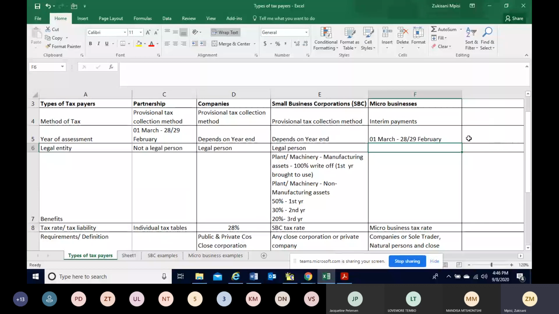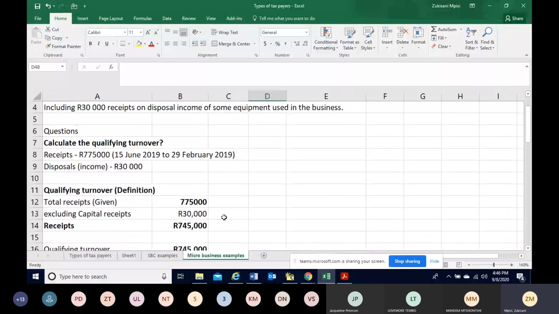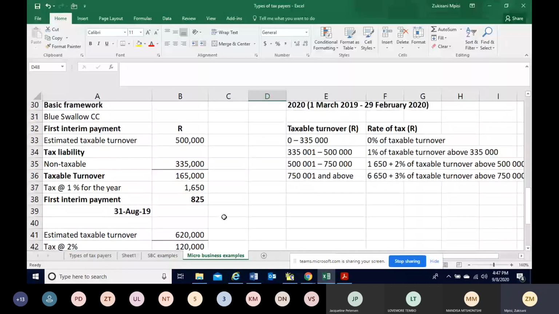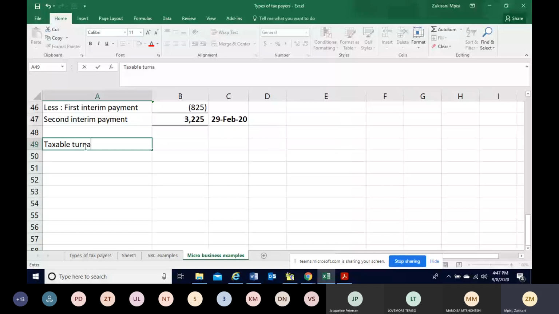I'm trying to think now what else we need to cover in terms of the micro business. I think one of the things that is important that we need to cover is the taxable turnover. So in this case, we have been given what a taxable turnover is. I just want you to know how to calculate a taxable turnover using the basic framework as you have done with taxable income. So one of the important things is that it is revenue, it is receipts or revenue,